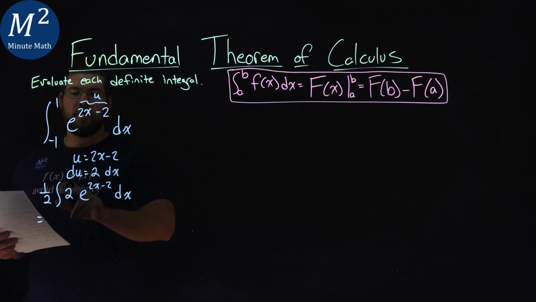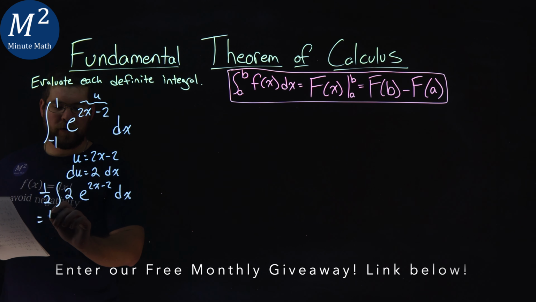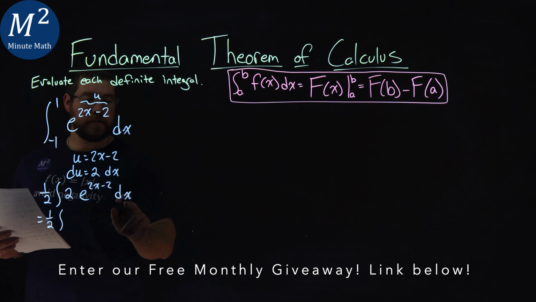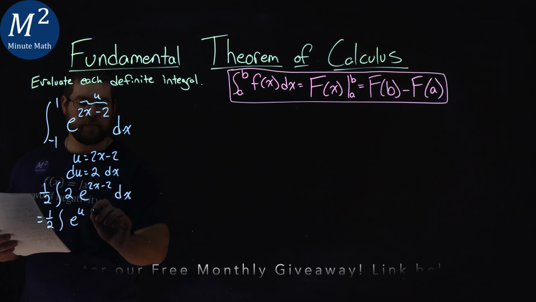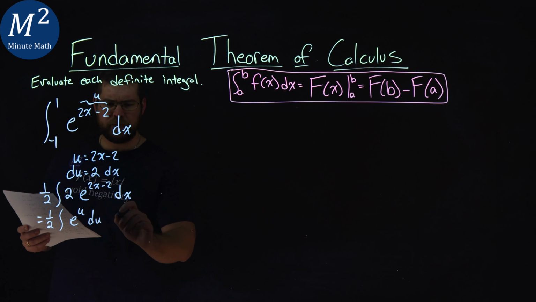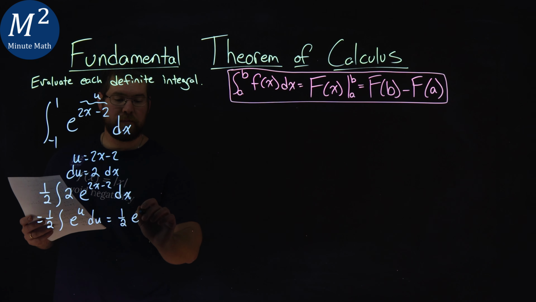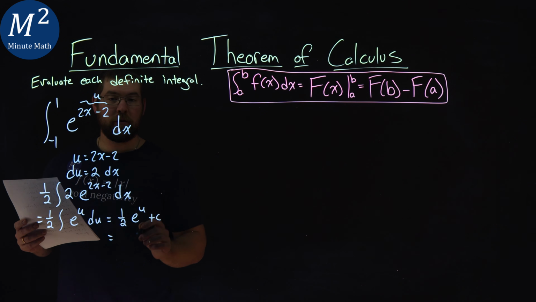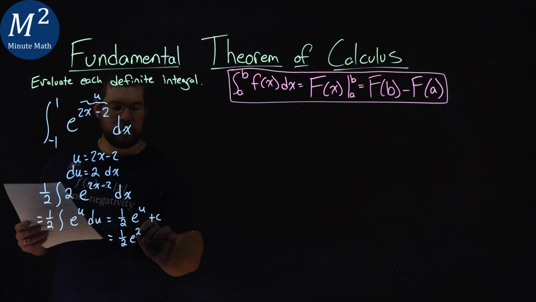Now notice I'm not putting it from -1 to 1. I'm just trying to find what the integral is first here. So I have a 1/2 here. Let's write it in terms of u. We have our du is 2 dx, and u is 2x minus 2. So we have e to the u power du right here. Well, what's the integral of e to the u du? Integral of e to the u is e to the u plus c. If we want to plug x back in for u, we have 1/2 e to the 2x minus